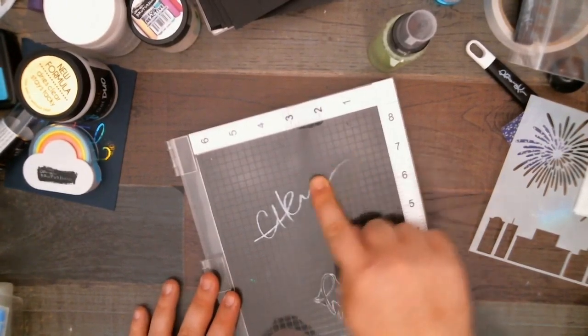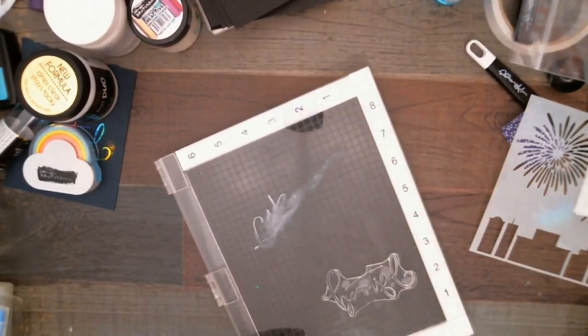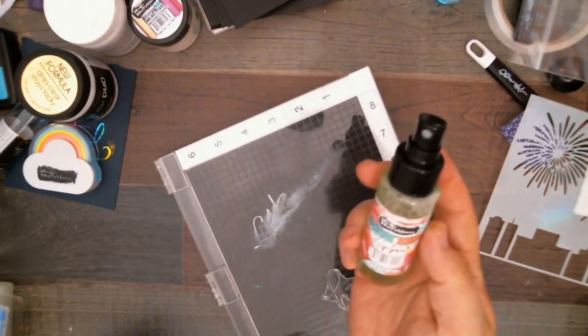Look at how good. So this will just come off. I mean, I'm just using my finger, but if you were to use some Squeaky Clean, I'm going to use some of the